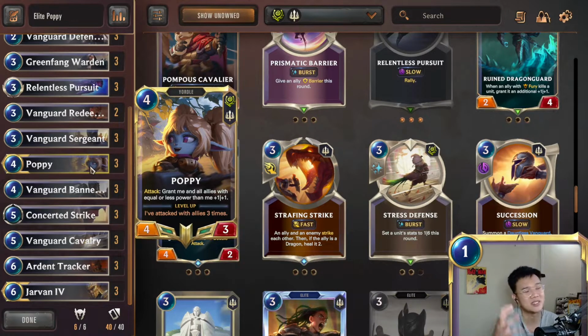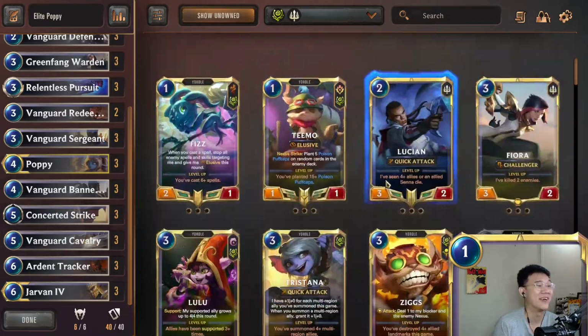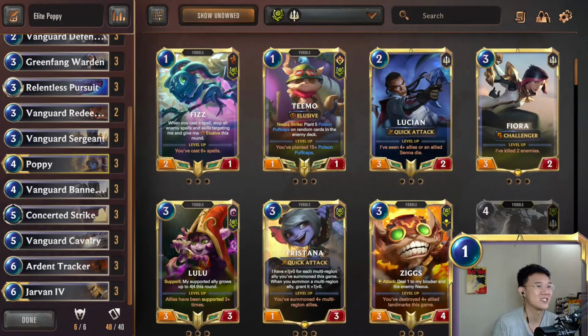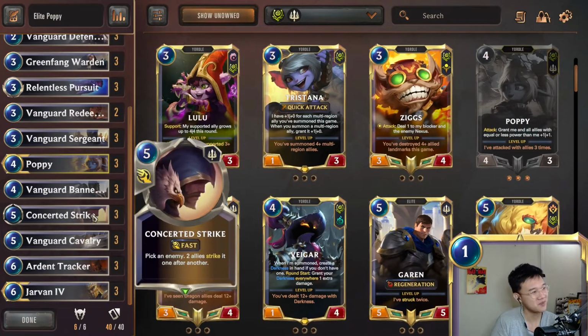Overall, this deck, I would say, is your standard Demacia Elite deck, but we have included Poppy to see how it works, and so far I think it works okay, average to a certain extent. I think when you include Poppy here, Poppy is just such a weird addition. I feel like there are better additions. There are cards like Lucian that might be better, because I feel that this deck is missing another